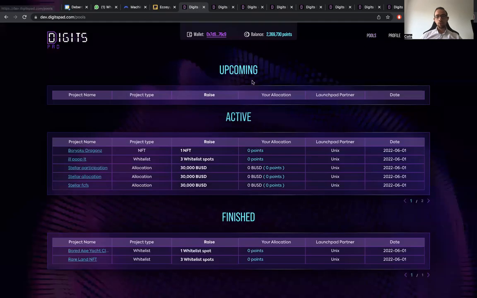So when we go to pools, we have the upcoming pools. As you can see, there are none. We have active pools. We have some examples for you. And then we have the finished pools. You'll be able to see the project name, the project type, the race, your allocation, the Launchpad partner, if applicable,